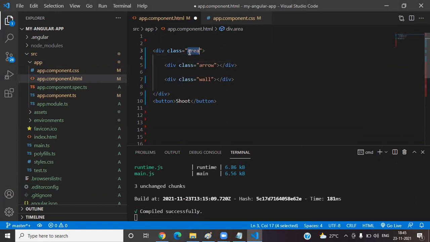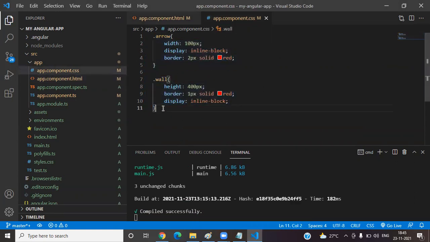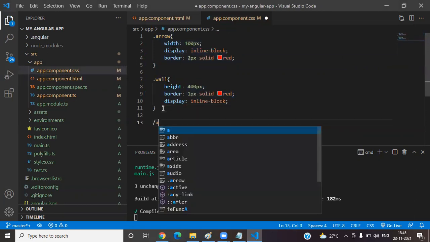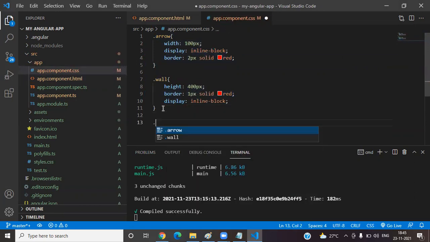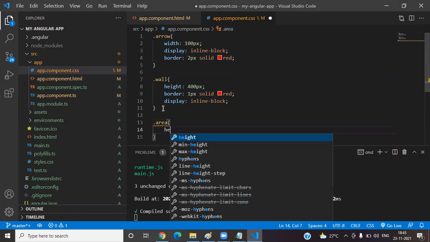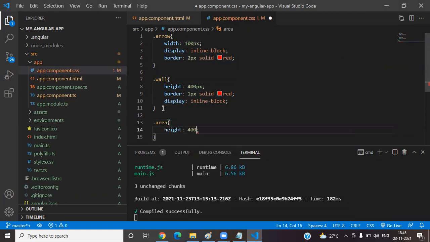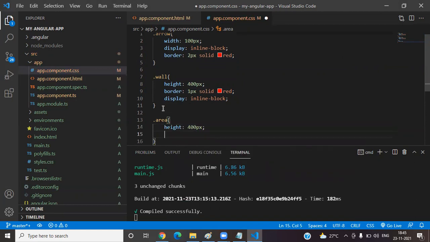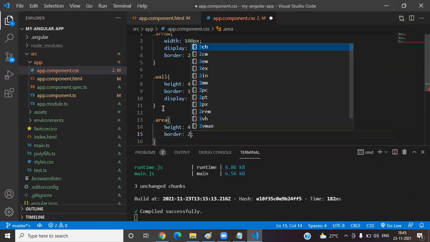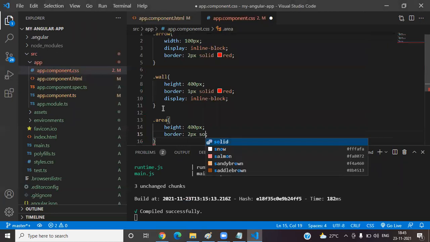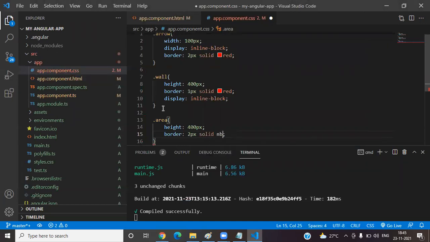Here you can mention the area's height and width. How much height do you want? My height equals 400 pixel. You can give a border of 1 pixel or 2 pixel, solid blue. This is my area.